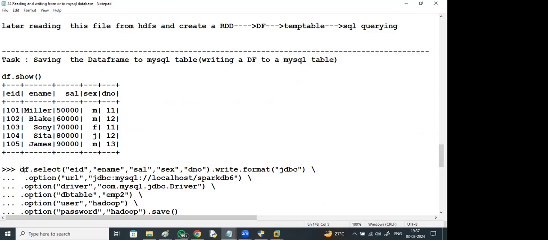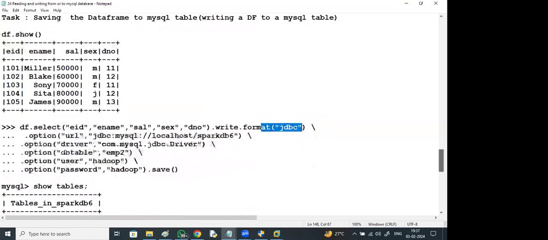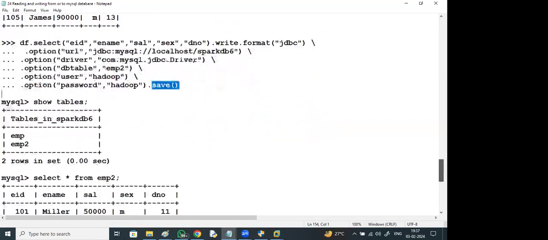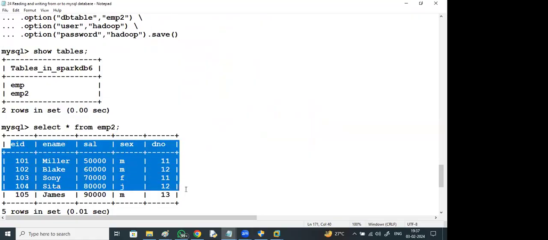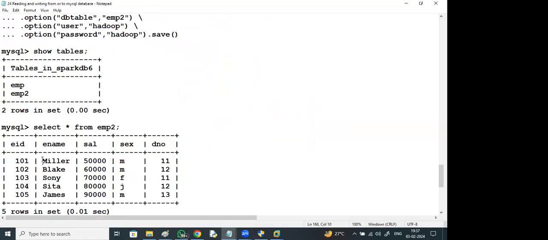Observe here, you will select that data frame with its schema and format. You will provide the database table name, emp2 is the database table, and the username and password, everything you will provide, and then dot save. Next, if you go and check the emp2 table, whatever data frame name is there, that only will be saved.